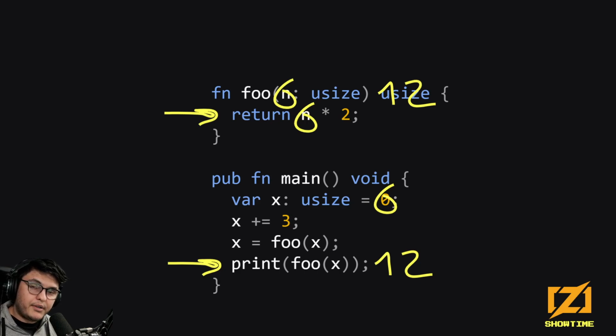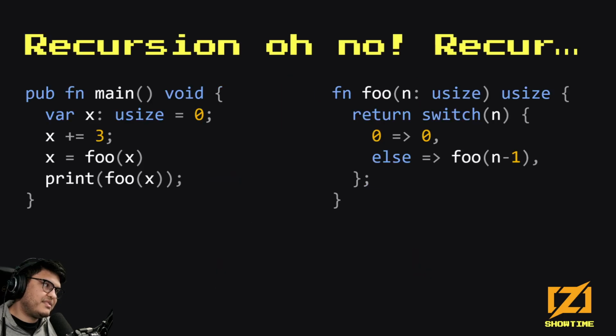But at one point, you encounter something that kind of breaks this mental model, or rather, it forces you to think about something that you could ignore before. More precisely, main is still the same, but now foo is doing something different. Foo is a recursive function. It's computing something different, and the problem is that it's computing something different using itself. And that's a nightmare, because previously you could think of the lexical place where a name is defined, where a symbol is used, and you can substitute it with a new value.